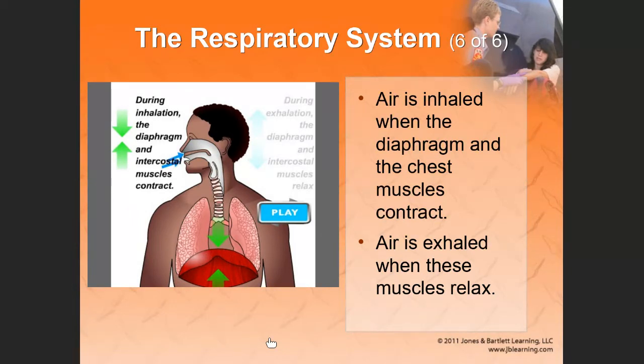And when the diaphragm and chest muscles contract, it increases the size of the chest, and a negative pressure is created inside of the chest when that occurs, and then air is pulled in to fill that space. So when a person breathes in, they are breathing